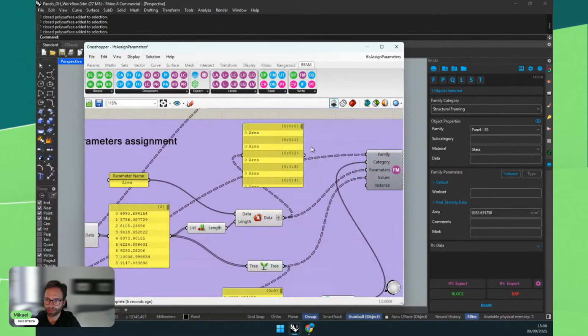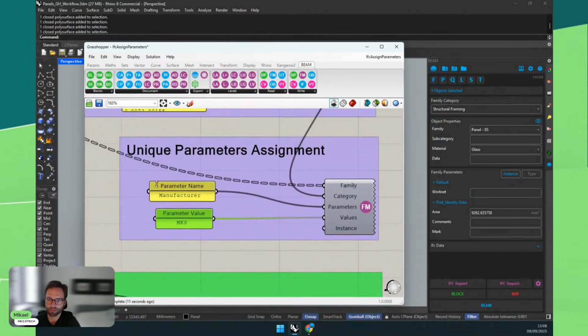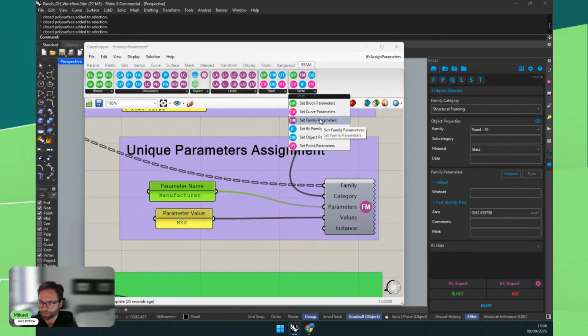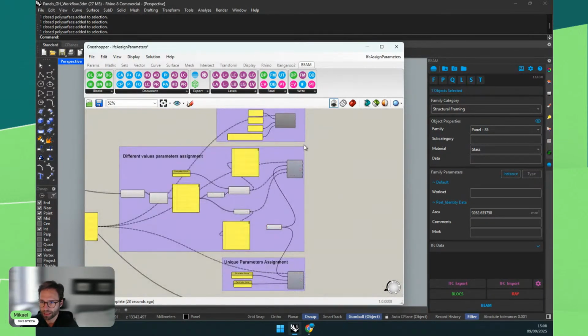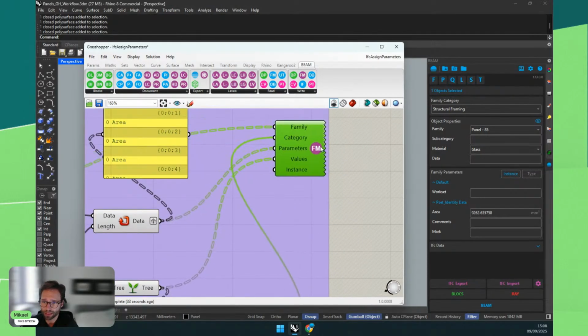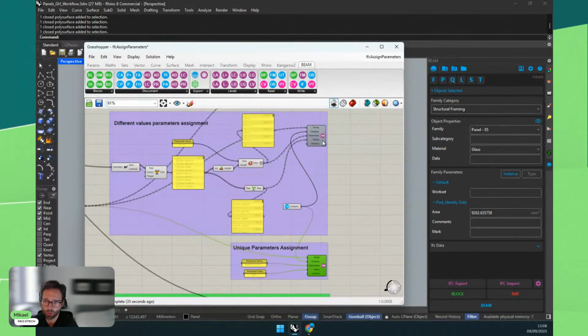So we have added some instance parameters extracted from Grasshopper, which will be the area. Then we have some unique parameters that might be common to all or not, maybe text parameters, some values that are not extracted from geometry but are calculated some other way, or are fixed values. So we use the set family parameters node here. And then we can also set the category in either node. It's fine because we're doing it twice. This could all be combined into one, but we separated them. I think it's easier to just work separately.